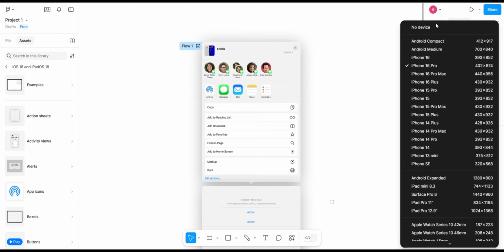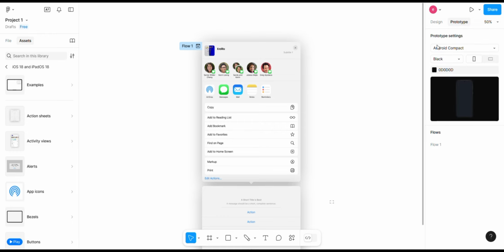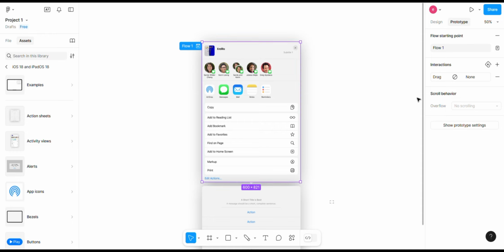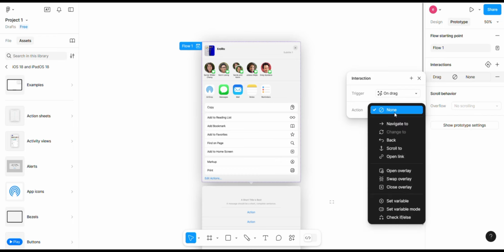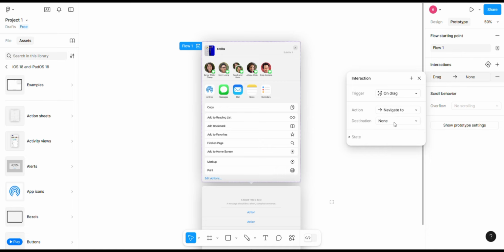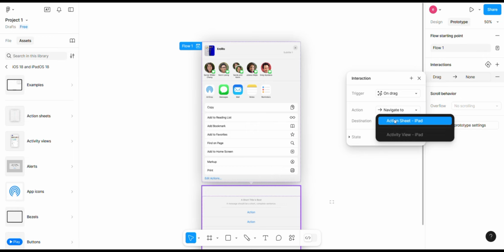Create frames. Begin by designing the individual screens of your application. Each frame should represent a different state or page of the user experience, such as home screen, details page, or settings menu. Design elements. Populate each frame with design elements like buttons, text fields, images, and icons. Ensure that the design is cohesive and aligns with your overall aesthetic. Use grids and guides to maintain alignment and spacing for a polished look.